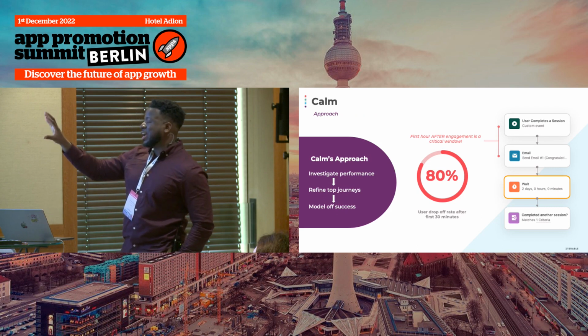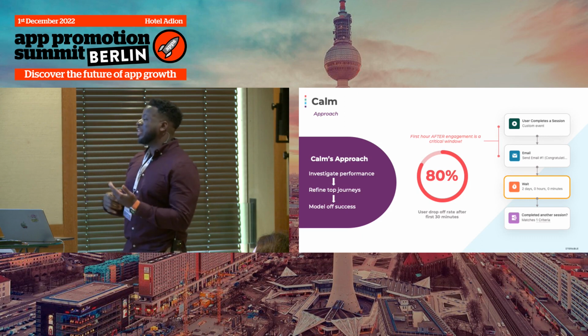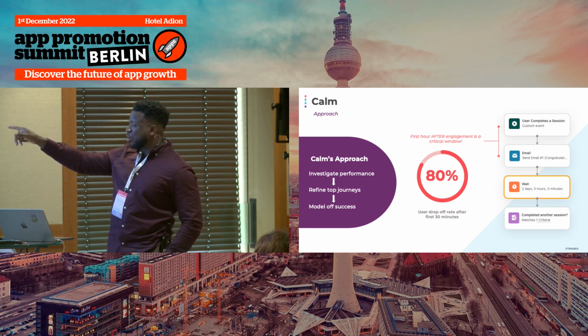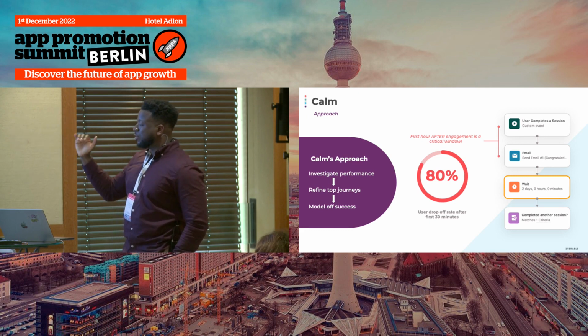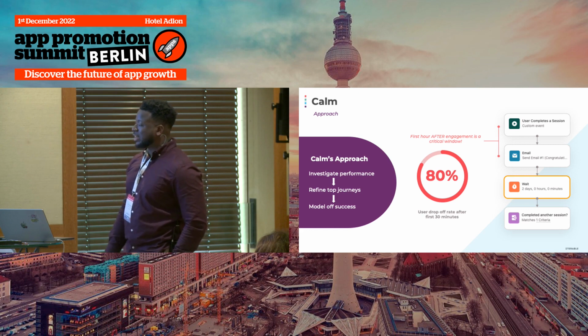This is an example of what their journey looks like before the changes that they made. So let's say somebody completes a session, you send them an email congratulating them. Key here in the orange is that they're now held at this node for 2 days, and then you wait to see if they've completed another session.